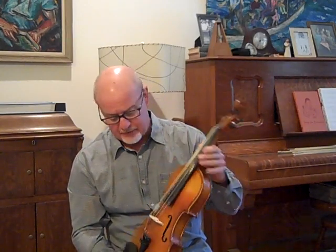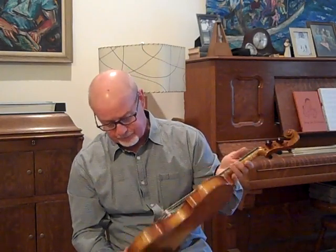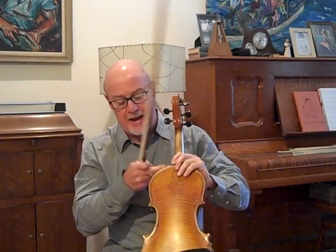The spacing at the bridge is just like a standard spacing, except it's a small viola bridge, and the spacing at the nut is the same as well. It's just a little bit wider neck. This violin is a 2-piece back Maggini model, and it's 14 3/8 inches long on the back. A standard fiddle is about 14, maybe a little over on some old German fiddles. But this is a little bigger fiddle,